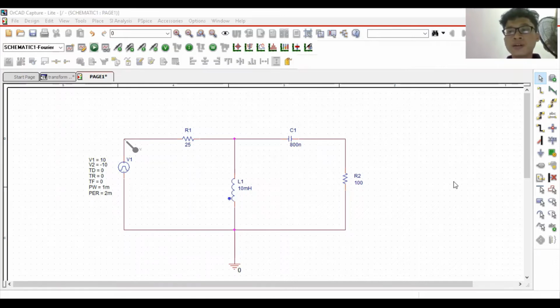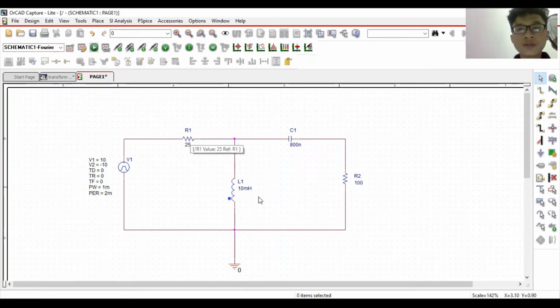Today I'm going to demonstrate to you the simulation of a sample circuit, as you can see in front of the monitor. For the sample circuit we want to determine the FFT voltage at load. I choose R2 load, FFT current at R2 load, and FFT V input from our digital signal. This is our sample circuit, which consists of 10 volt positive amplitude and negative 10 volt for negative amplitude. It consists of 4 components, which are 2 resistors, 1 inductor, and 1 capacitor, with the values of 25, 800, 110